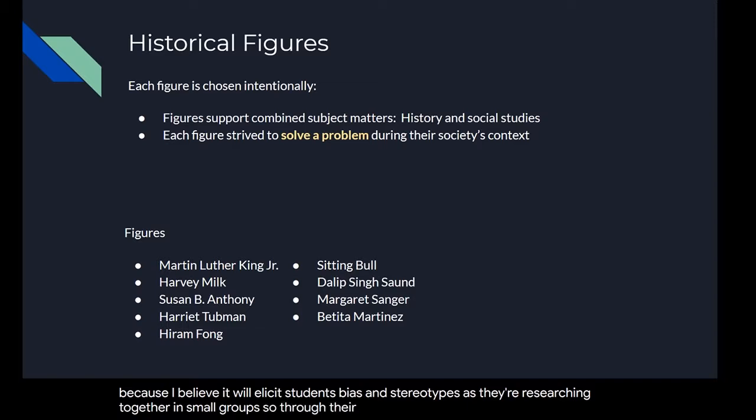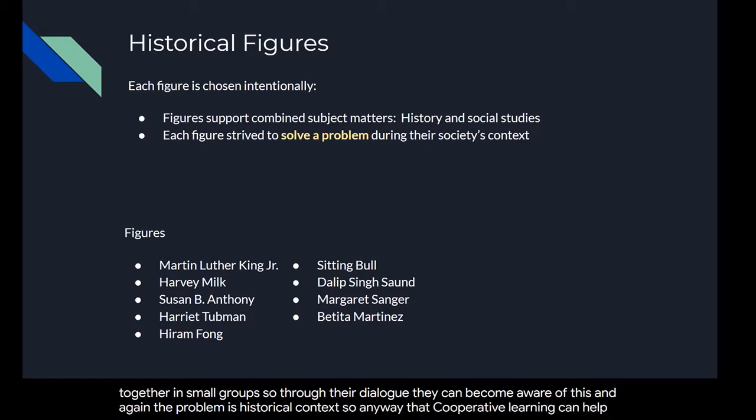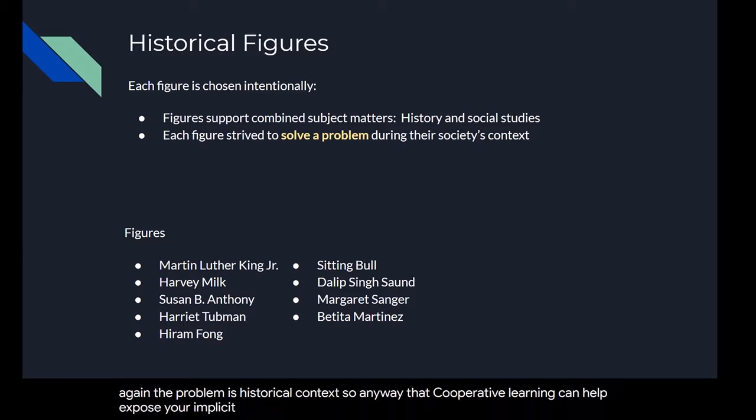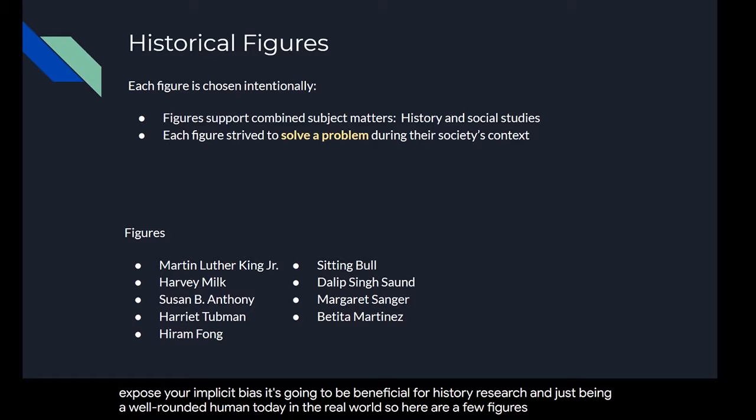So through their dialogue, they can become aware of this. And again, the problem is historical context. So any way that cooperative learning can help expose your implicit bias, it's going to be beneficial for history research and just being a well-rounded human today in the real world. So here are a few figures below,